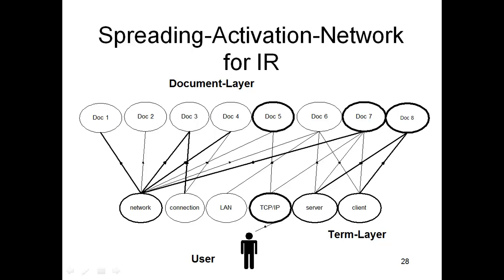And here, these connections can be passed on in both directions. That means this layer activates the document layer, 5 and 7 at first, and then the document layer activates again the term layer. And now we get new terms that were not in the query, but they are somehow related to this because they appear in the same document. Document 5 also has network. And our network starts to be activated, maybe not as